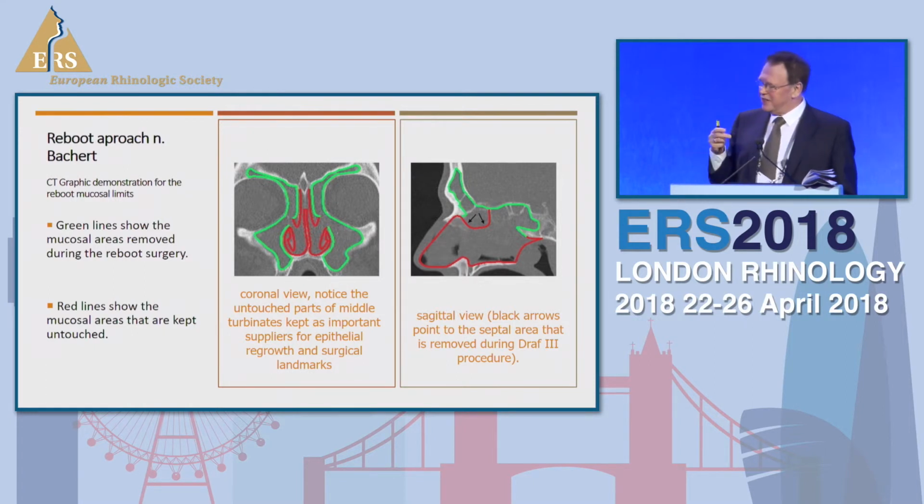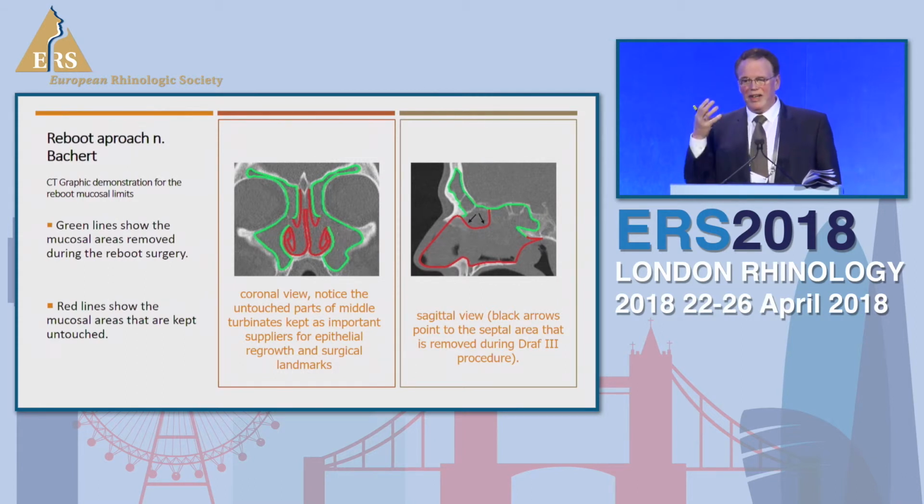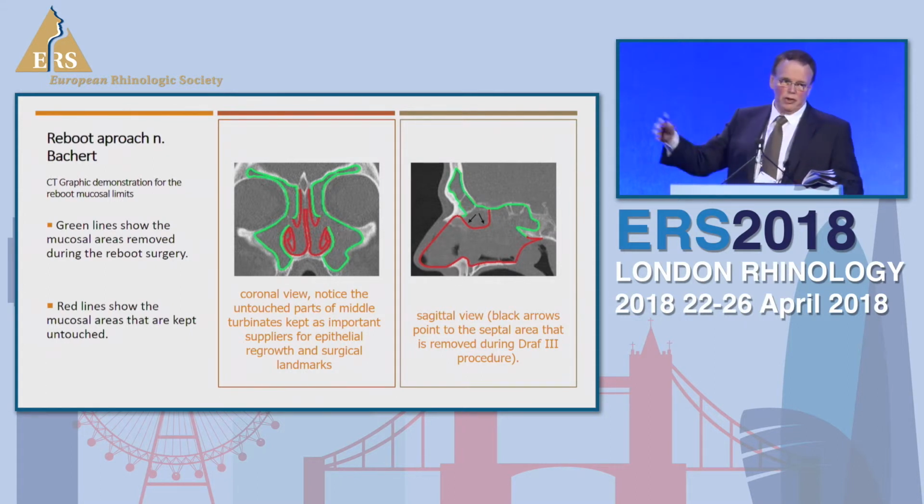And the idea is that you get rid of all the inflammation, not just to reduce the load. No, you have to get rid of the inflammation in all the sinuses, down to the periosteum, down to the bone. This is very difficult work in the alveolar recess. This is difficult work in some large European people who have large frontal sinuses. This means in many patients that we do a full Draf 3 and totally denude the bone.